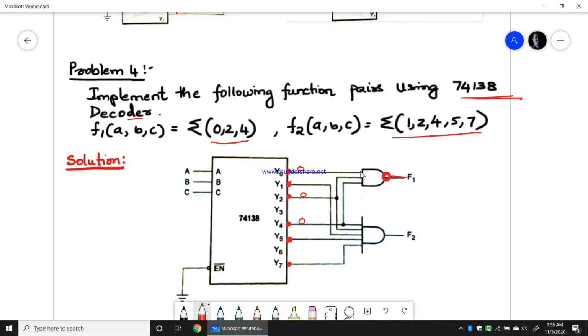which makes any one input 0, it gives you 1. Similarly 1, 2, 4, 5, 7 should also be an AND gate, because even that is the min term. Okay, so a NAND gate should be used.